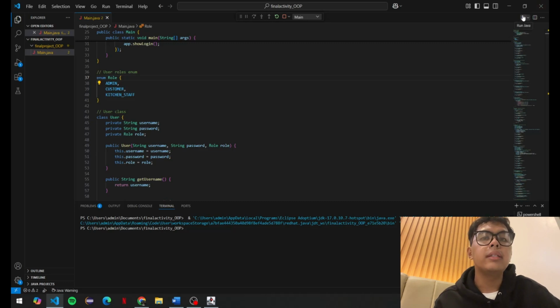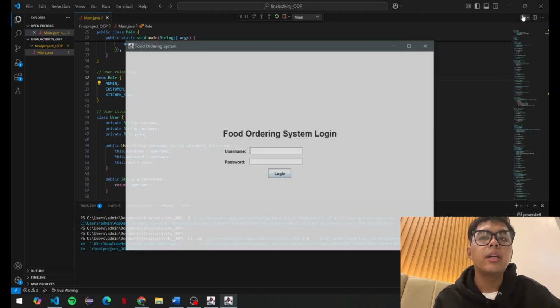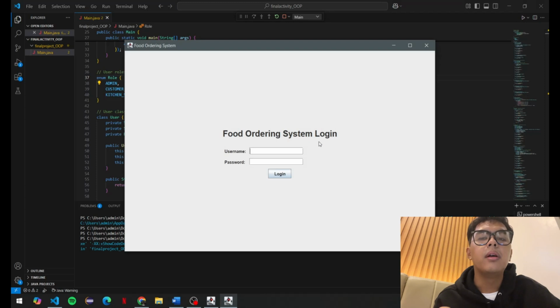To show you how these things work, we're going to run the program now. Now we're going to log in using the admin account to show you how the admin page looks.